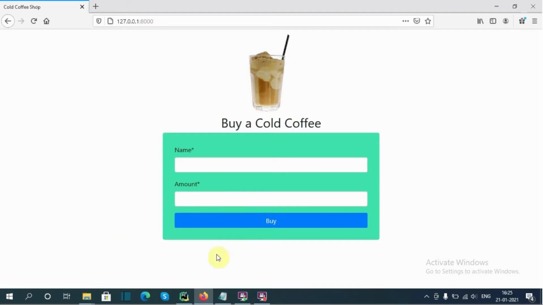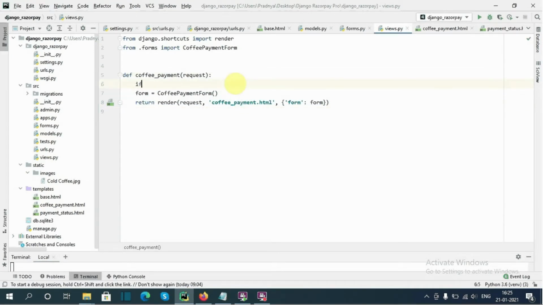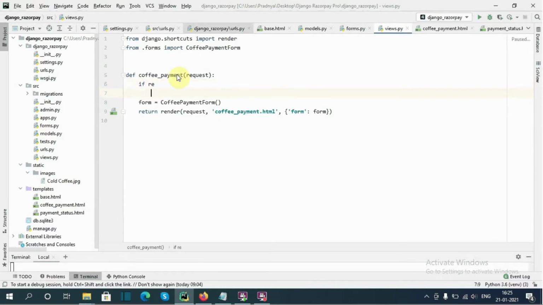Okay, when the user clicks on this buy button, I want to handle the post request to save these values to the cold coffee database table. So here I will type if request.method exactly equal to POST.